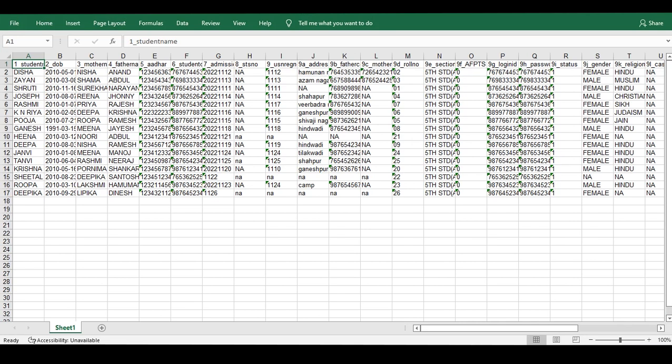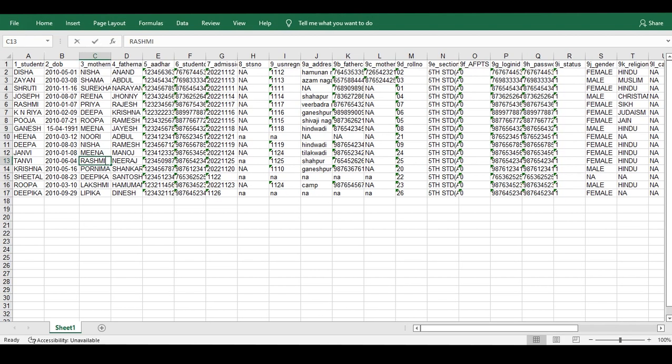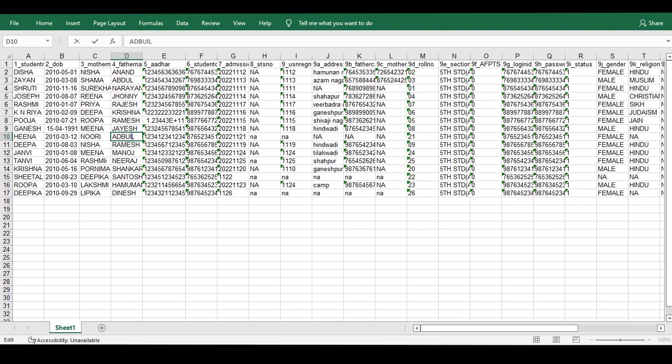For example, whether it is change in the date of birth, or it is change in the mother's name spelling, or whether it is change in Aadhaar card number, or that can be anything. You just make some changes. Okay, make all the changes that you want, and after the changes are done, you can just save the file. Okay, just save the file, go back to the dashboard